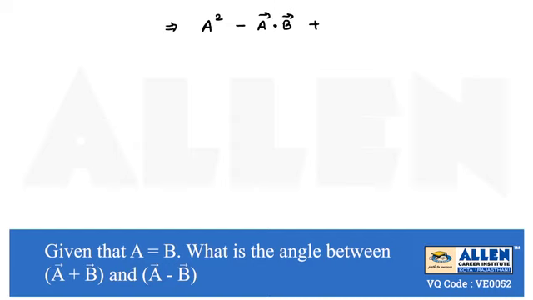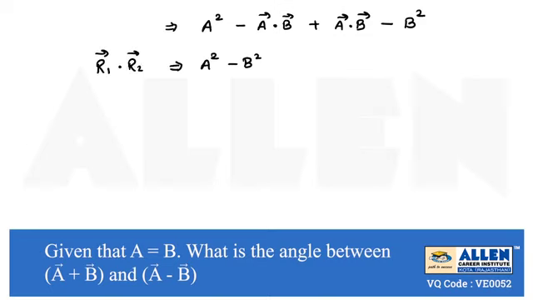According to the properties of the dot product, the first property is the commutative law. Commutative law means A dot B will be equal to B dot A. So here we can replace B dot A with A dot B. And the last term is B dot B. Again it is a self dot product, and the result of a self dot product is the square of its magnitude. So the magnitude of B vector is B, and its square will be B square. So from here we can see the dot product of the given vectors is A square minus B square.